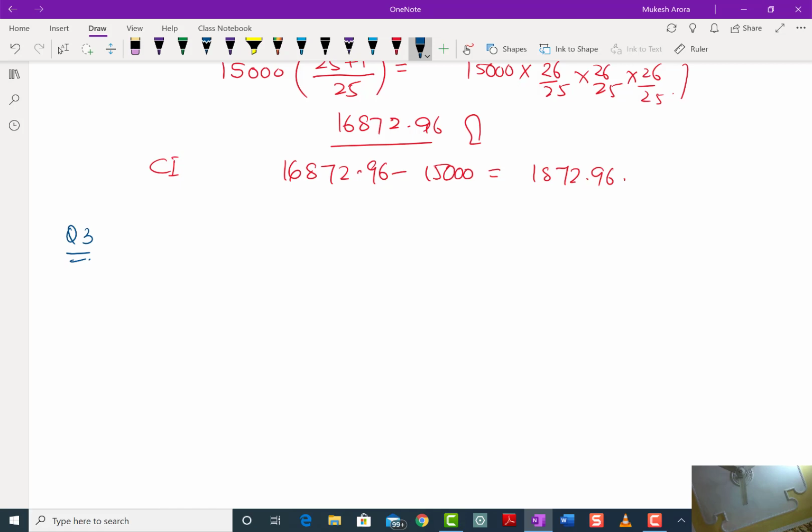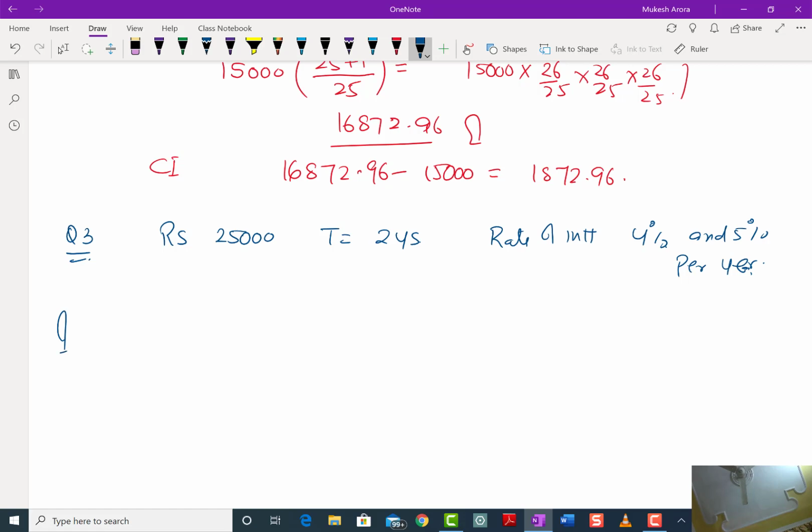Question number 3: how much will the principal amount to in 2 years, if the rate of interest for the successive years is 4%